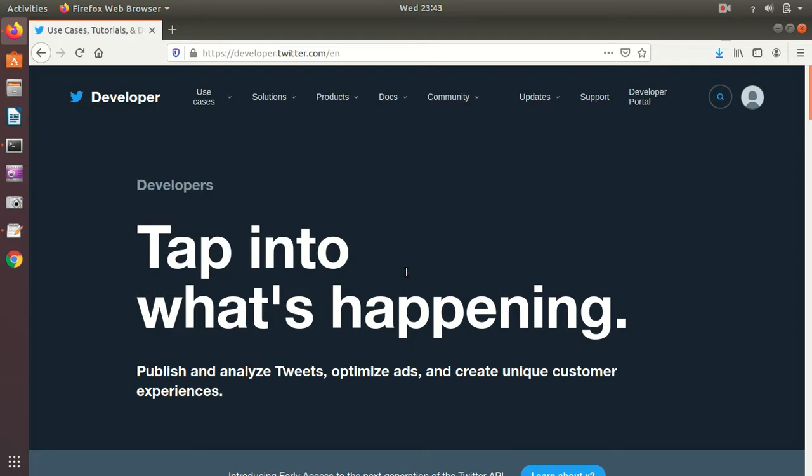So let's start. You can see that I've already opened up this page and I already got the keys. Once you get the API keys, guys, you'll get 4 keys in total: API key, API secret, access token, and access token secret. These are unique alphanumeric keys which Twitter generates, and you have to copy them into your Flume configuration file. For privacy reasons, I'm not displaying them. Let's now move into the configuration file which I have created for that reason.